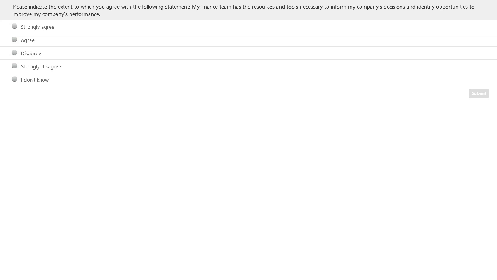What you are welcome to do is select the radio button that corresponds to your answer, then click on the submit button so that we can record your response. From top to bottom, the choices are strongly agree, agree, disagree, strongly disagree, or I don't know. After you select the radio button that corresponds to your answer, we ask that you click on the submit button so that we can record the extent to which you either agree or perhaps disagree with the statement that your finance team has the resources and tools necessary to inform your company's decisions and identify opportunities to improve